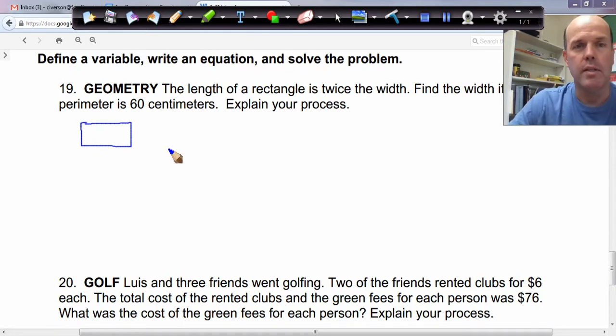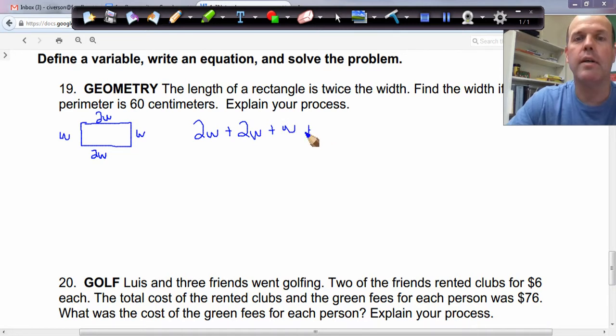Alright. Says the length is twice the width. Well, I don't know anything about the width, so there's my width, but I know the length is twice that, so 2w. Right? Well, it's a rectangle, so if the left side is w, the right side is w. If the bottom is 2w, the top is 2w, right? And perimeter means you add up all the sides. So if I add up all the sides, I'm going to add up the top, 2w, plus the bottom, which is 2w, just so they look the same, plus the left side, plus the right side, and it's equal to